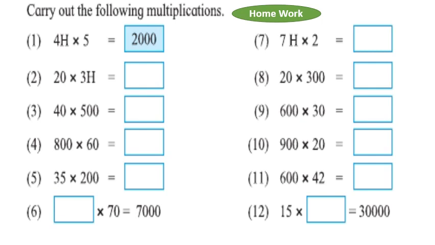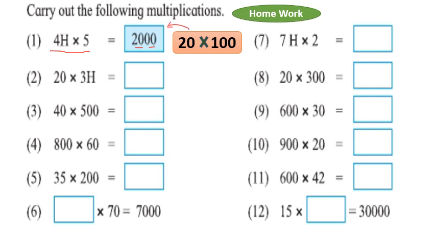This is for homework. See, dear students, first one is 4H multiplied by 5. Okay, 400 multiplied by 5. 5 4s are 20, correct? And 2 more zeros because this is 100. See, I will show you here. 4 5s are 20, correct? And 100 is there, so we are multiplying that one by 100. So we got 2000, isn't it?